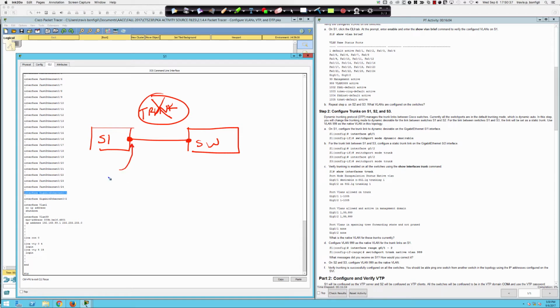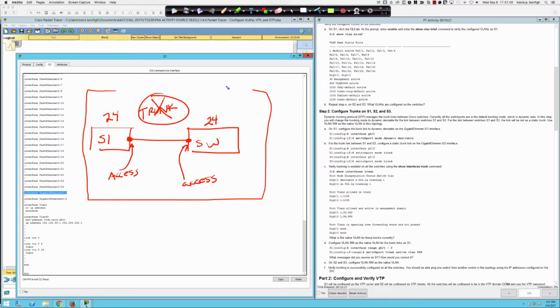That is going to become an access port because it's dynamic auto, I'll say ACCESS, and that is going to become an access port. And like we talked about last night, if this was a 24-port switch and this was a 24-port switch, what we've just done here is we've sort of turned this into a 48-port switch,